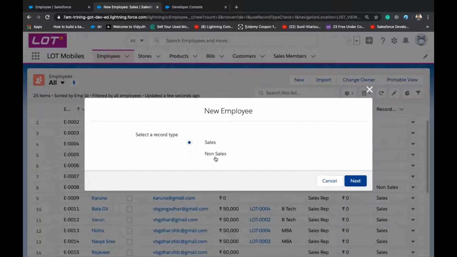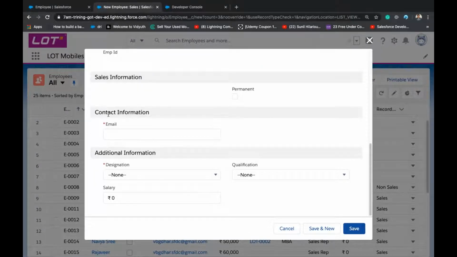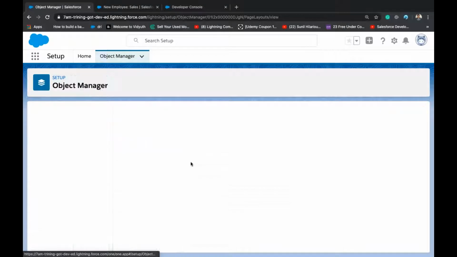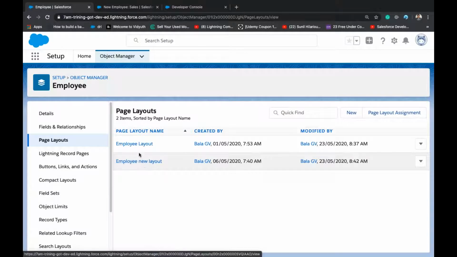Sometimes what happens, even though we remove it from the object, it still becomes required. Why? Because in the page layout that will remain. I didn't remember which page layout is assigned to sales, right?